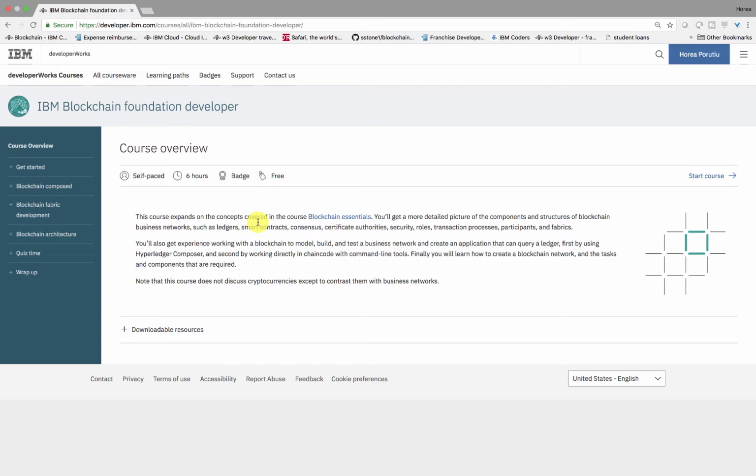So for this week, the badge will be the IBM Blockchain Foundation Developer. This badge expands on the blockchain essentials, which was the badge of the week a few weeks ago. So I'll go over